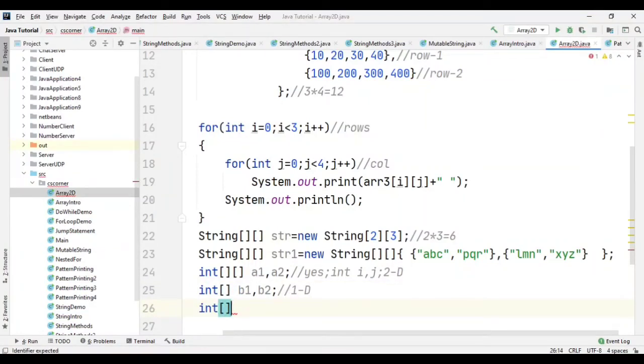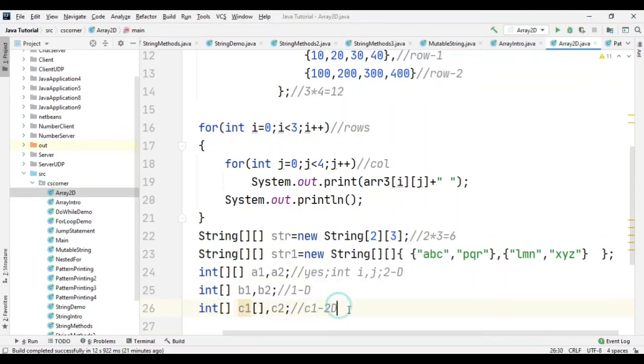Let me change this statement slightly. I am writing int and then the array symbol, and here I am writing c1 and then I am giving this notation, and then comma, I am writing c2. So what will happen over here? My c1 is going to be a 2D array, because one square bracket we have over here, another square bracket we are having over here.